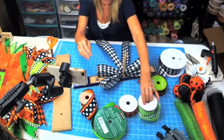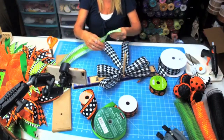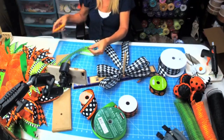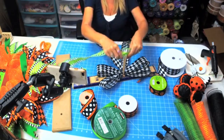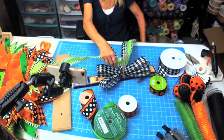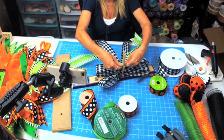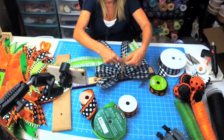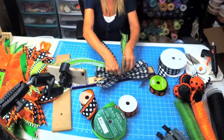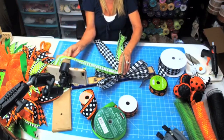All right, so I'm going to do this one to break some of that up. I'm going to dovetail it. And I'm going to do my tails just a little bit shorter. Again, every time you come in these little pegs, you're twisting your ribbon so that the good side is down. So when you flip it,